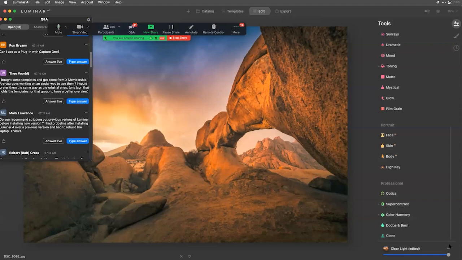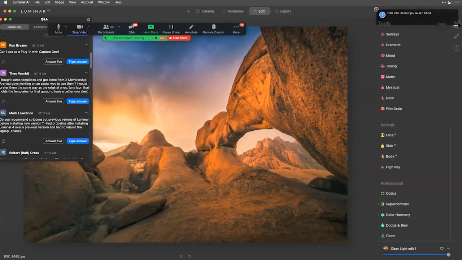Or if you feel like, oh, it's just a touch over processed. You hear that guy, it's always a guy, on Facebook saying, oh, your photo looks too much, you over processed it. Too much. Happens all the time, especially when we get excited while we're editing. Come down here to the master fader and just pull that down a little bit. And you could see that you could blend back with the original picture. And if you say, you know what, I like that. That's pretty solid there. Click, save that, and now it captures that and it